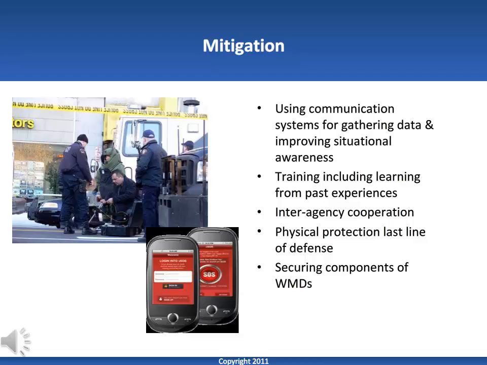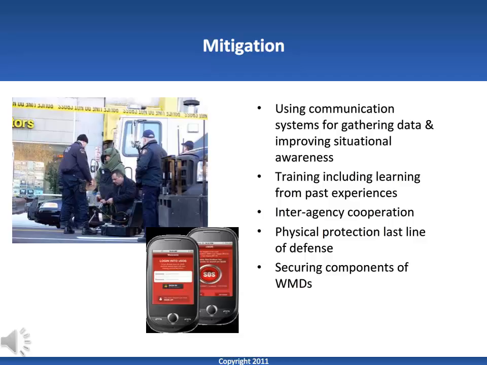A second mitigation strategy is training. This includes learning from past experiences. It's to familiarize security personnel, but also analysts, with what's happened in the past, so that we can begin to look for patterns. We look to deny and prevent pattern recognition by our adversaries. So we modify security procedures, placement of barriers, timing of perimeter controls, changing routes of travel, things like that. And continued surveillance, again, is a major area of